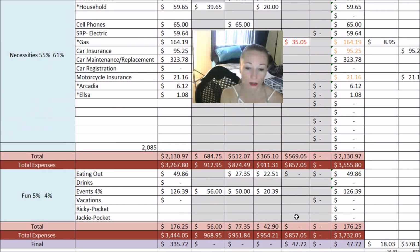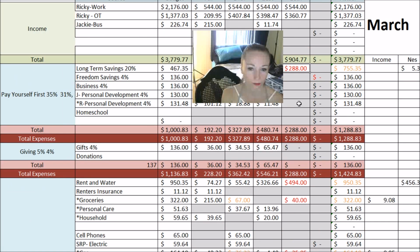I have $47.72 left. So let's see where we want to put that. We'll then pay ourselves first, so I would naturally just go down the line. Okay, so this one, like I said, I want this to be 5% because I want 5% and 5%. Okay, so 5% would actually be $188.98. So I'm just going to say $189 or 100, whatever. And then we've already put 136, so minus 136. So I'm actually going to add another $53 to our freedom savings account, and that's going to change this